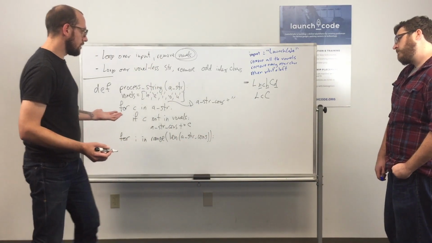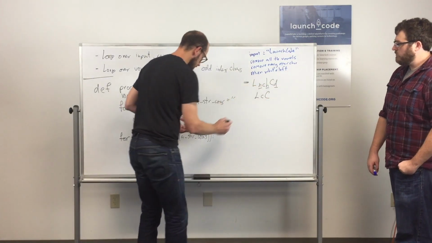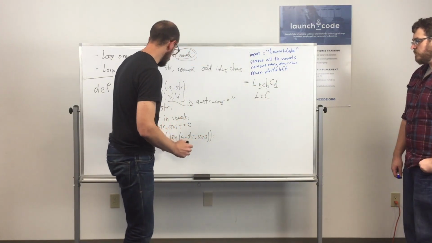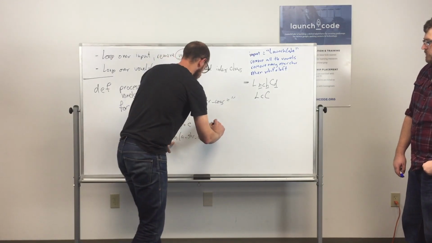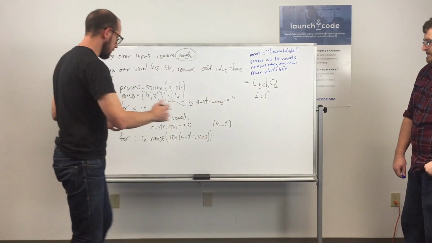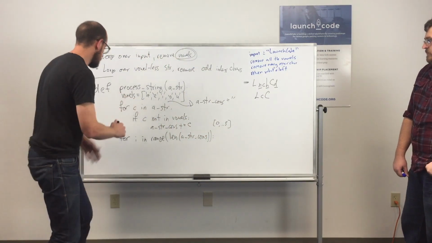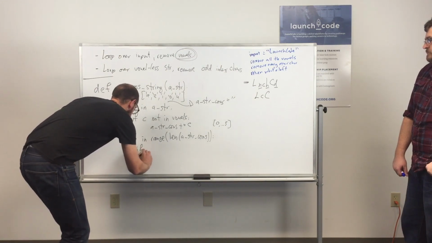Okay, so in this case, if I had this, it'd be 1, 2, 3, 4, 5, 6. So the length would be 6, and my range would be something like 0 to 5. So that should get me where I want to go, and then I can check the index each time. So that's going to be my if statement inside of this one. I'm going to say if